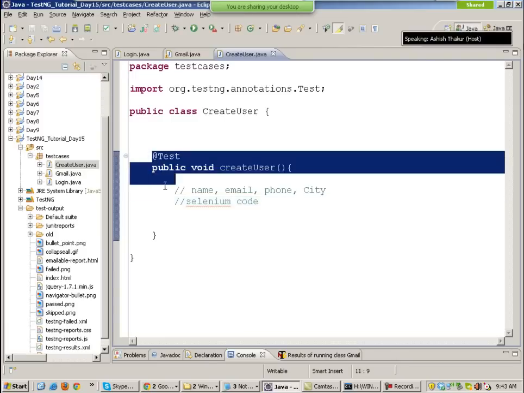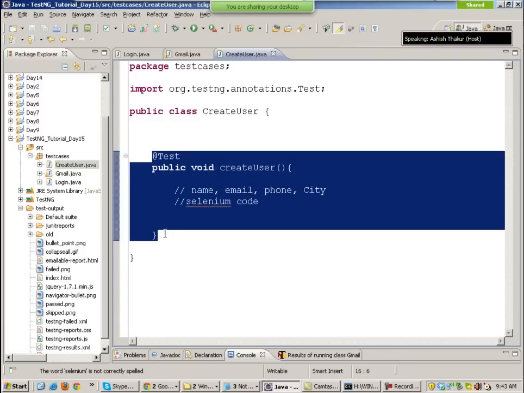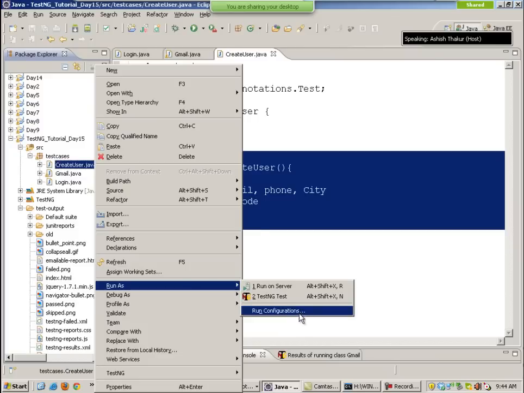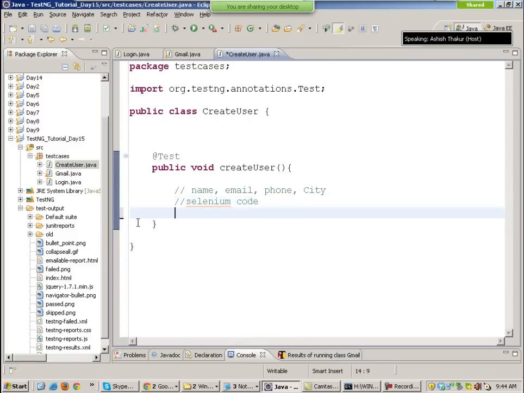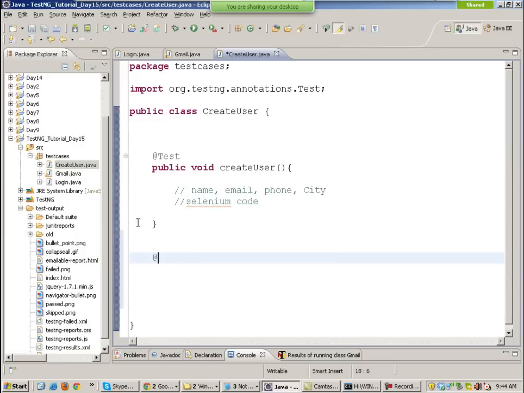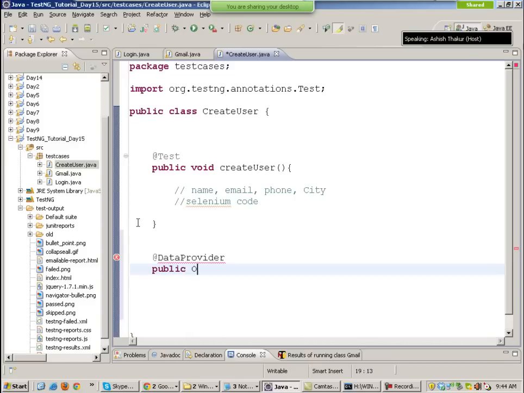Now suppose I want to run this test case 5 times and create 5 different users. How do I do that? Will I be right clicking on the test and running it again and again as a TestNG test? No, we don't do it like that. We parameterize the test case. There is another annotation known as @DataProvider. Okay, you can write in this public, you have to write like this. It returns you an object array,